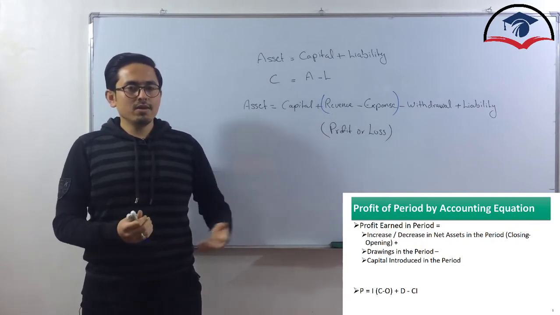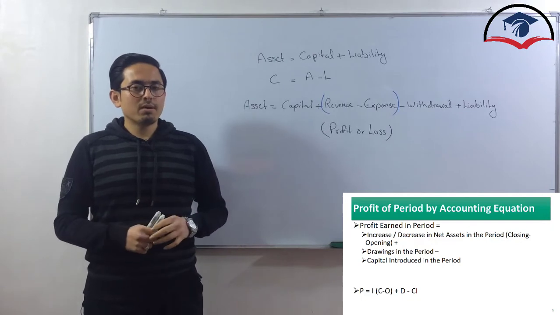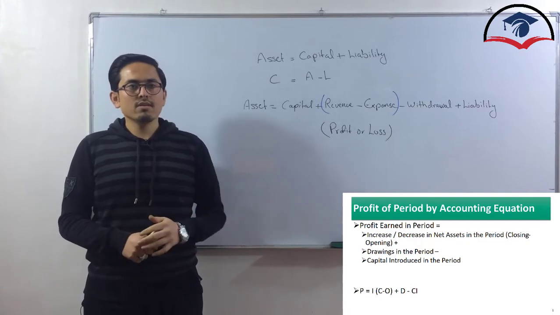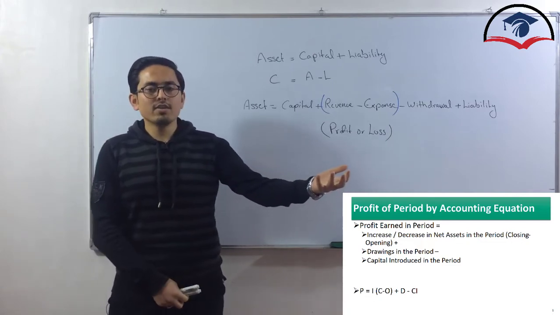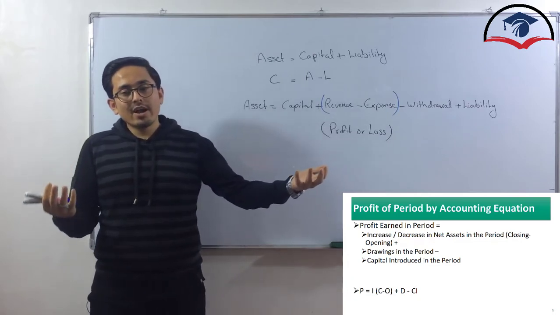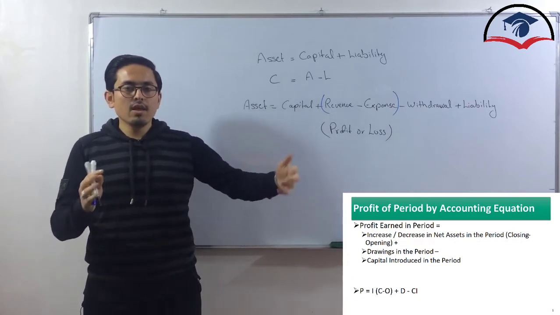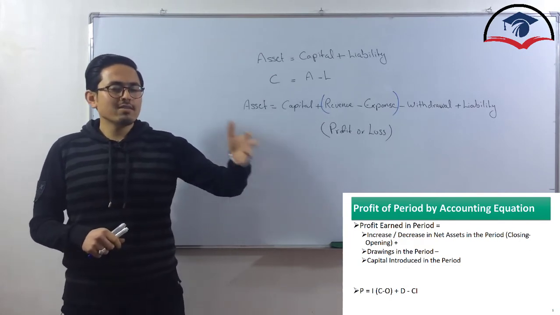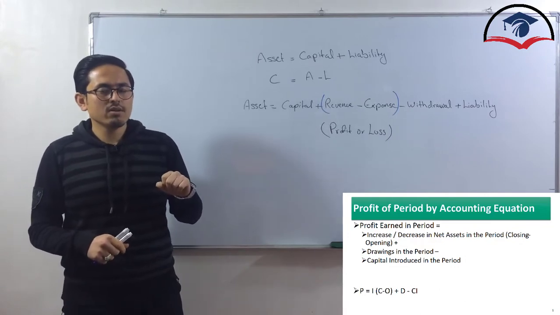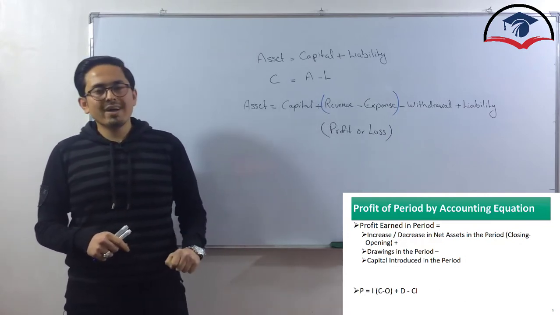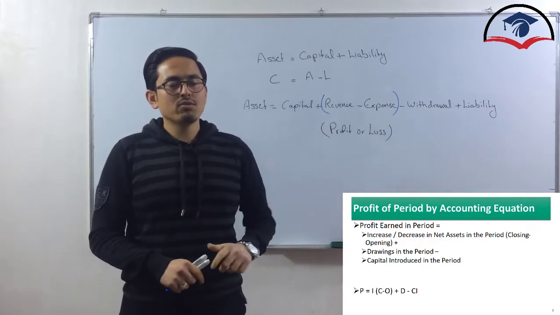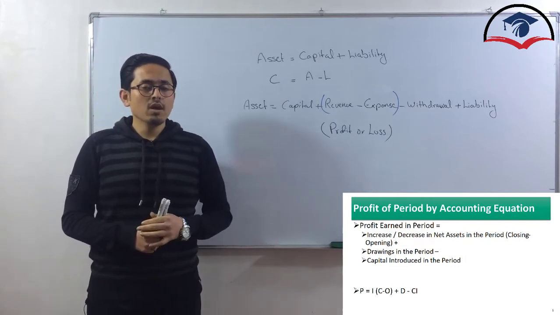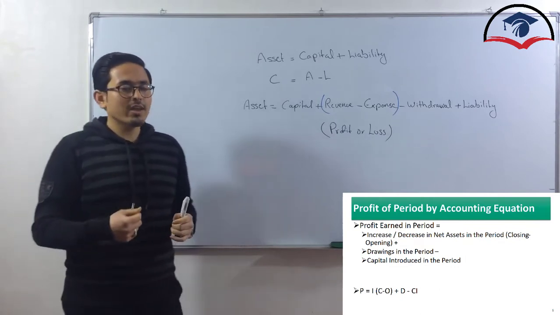Suppose there is a company with one owner, a sole proprietor. He started the business with some amount. He said, I have this much amount at the beginning of the year, and now at the end of the year I have this much amount, and this is the difference between them. I remember I have withdrawn such amount from the company during the month of June, and I have invested this much amount back into the business in September. But I am not sure what the profit of the company is. To find out the profit of the company, we can have another formula,